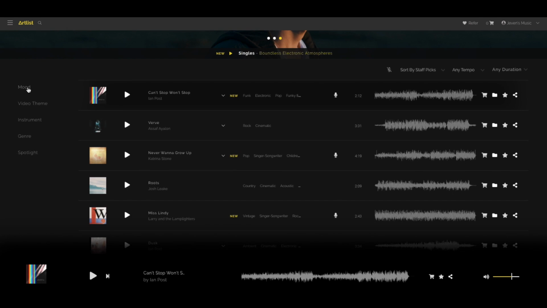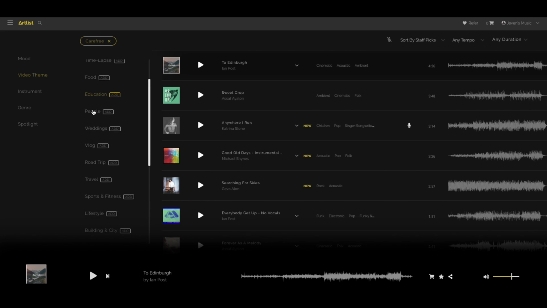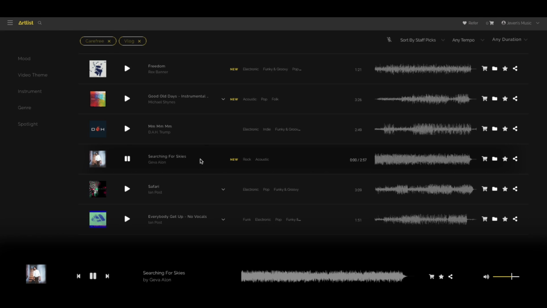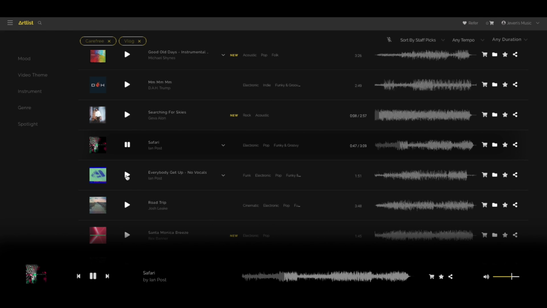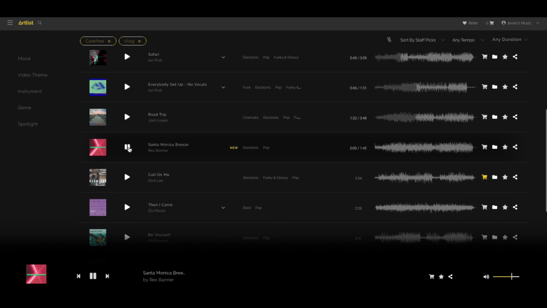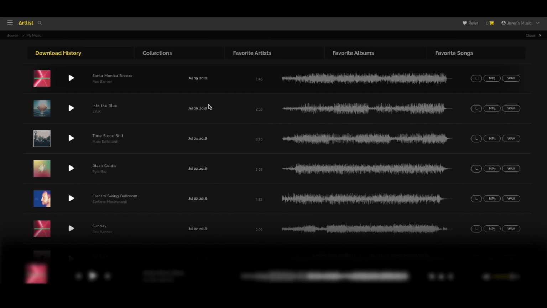So how it works is you can sort the library by type or style or what it is that you're actually shooting, and you could put a few filters to find the music that you want to find. Then you just go through and search track by track, listening to all the tracks. And when you find something you like, you check out, and then you can download it right away. And this music will always live in your library that you've downloaded, so you could always go back to it if you need to find it. It's a super simple process, and you get some awesome music really quickly.